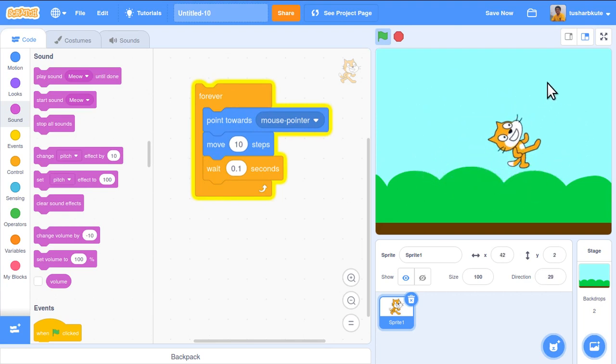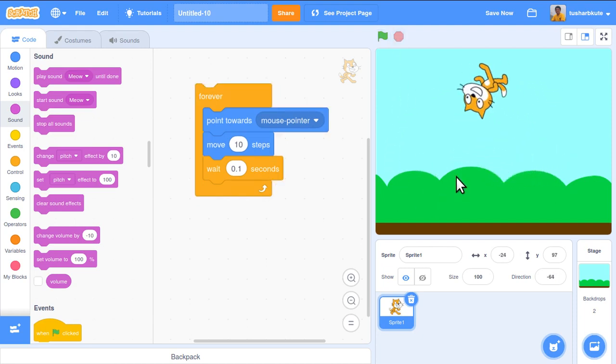Yes, as I move my mouse, the cat is following the mouse. Fine, check this. Going down. Yes, perfect. Now stop this. Okay, fine. So this is the way that we make the cat move following the mouse. A cat and mouse race is created over here. You can add all the facilities as per your requirement and your logical understanding, and create an interactive program like the one shown in this video. Thank you. Thanks a lot.